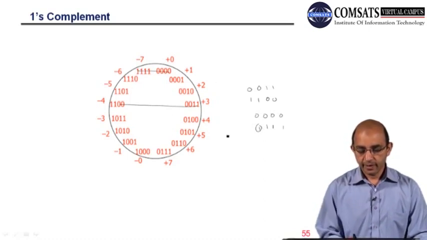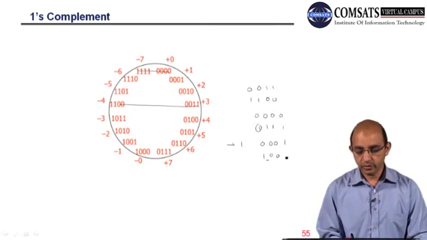If I want to know the 1's complement of 0 0 1, that is equal to plus 1, so 1 1 1 0, right, so 3 1s and 0, so this is like this, plus 2 0 0 1 0, right, 1 1 0 1,